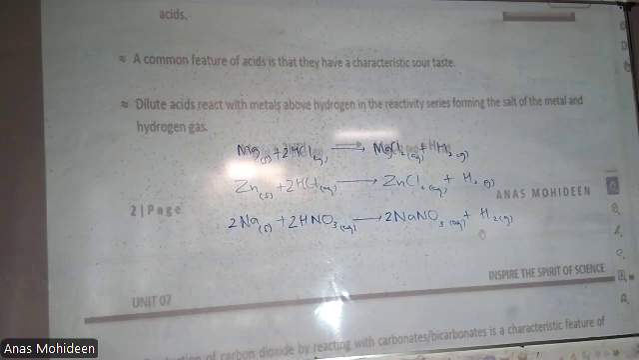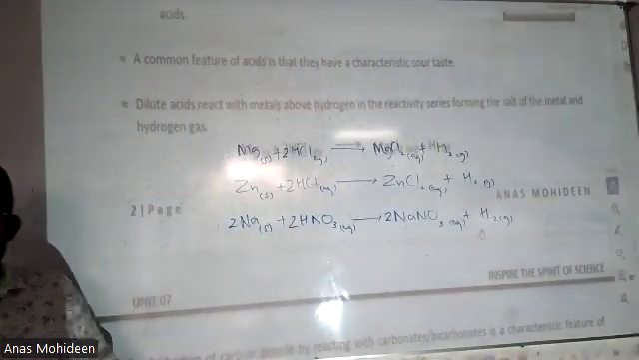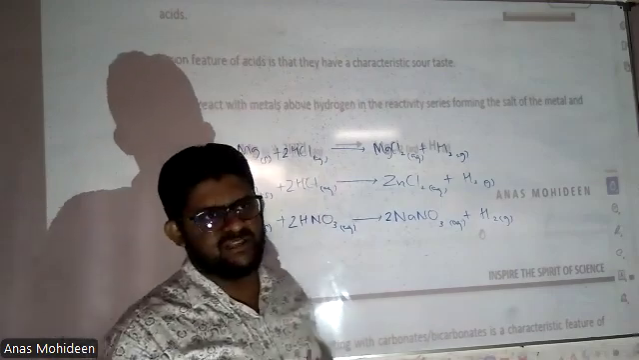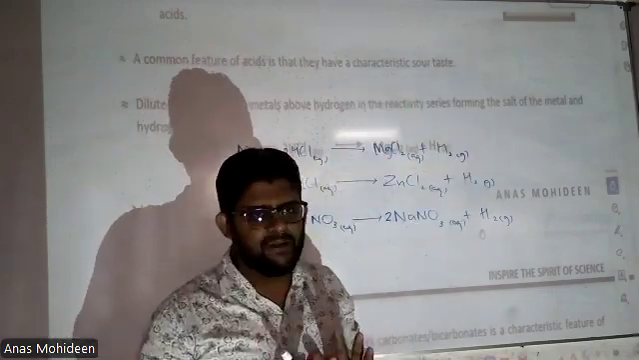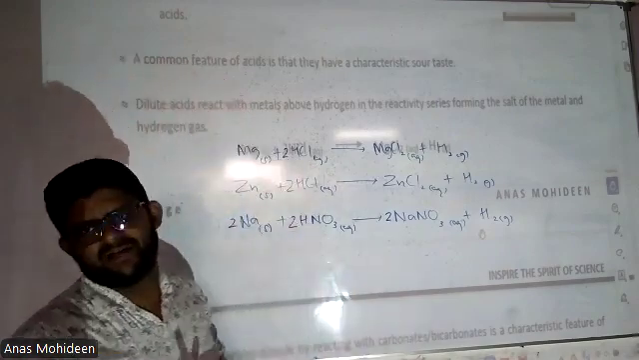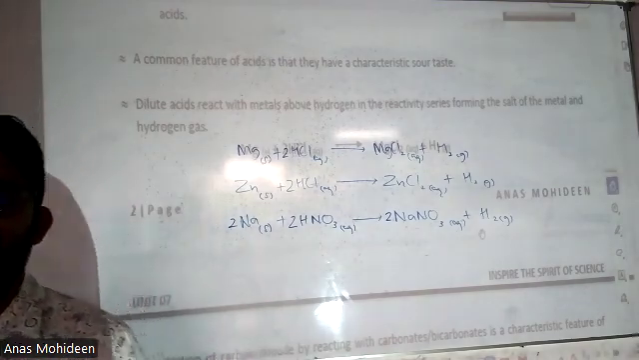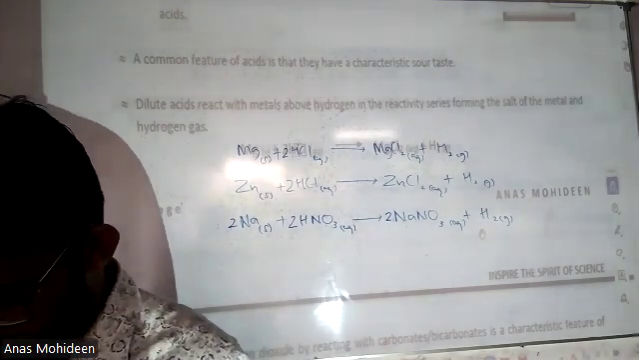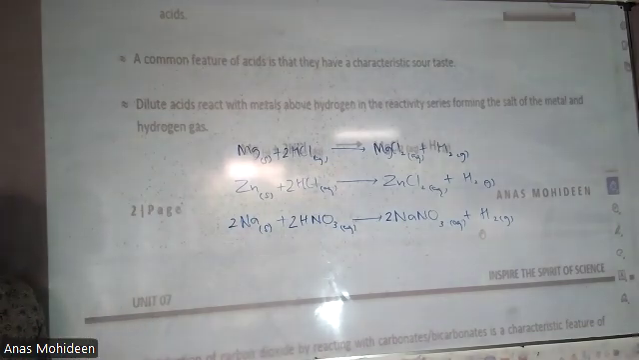What if it is combined with a metal below hydrogen? No reaction. When we take the reactivity series, we are dividing that into 3 categories. Above hydrogen, 2 categories are there: strong reacting and average reacting. I'm using simple words. Below hydrogen, no reaction. They won't react because they mostly appear as native elements. Apart from that, copper also won't be reacting, but